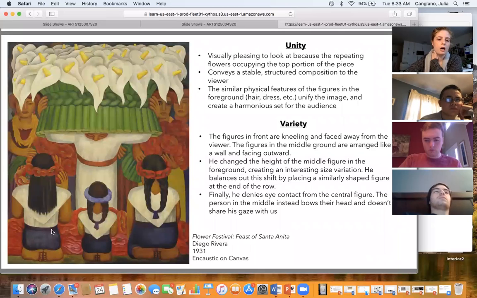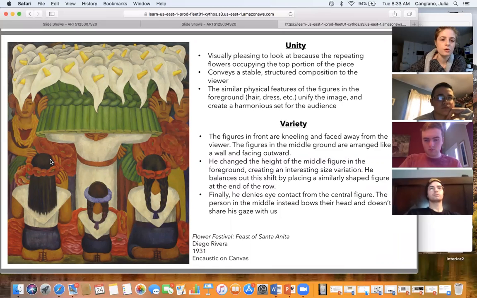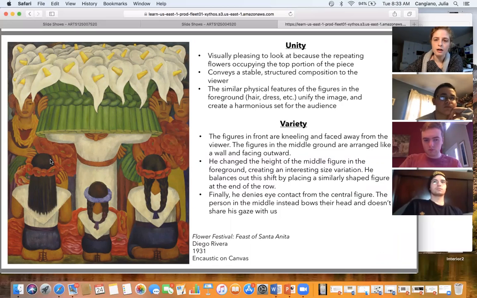Even though this one is a little bit smaller, they do look like they're part of a set of people. You can gather that they are a unit of their own. And then you have these repeating flowers repeated through the composition. That sameness is creating another visual set.